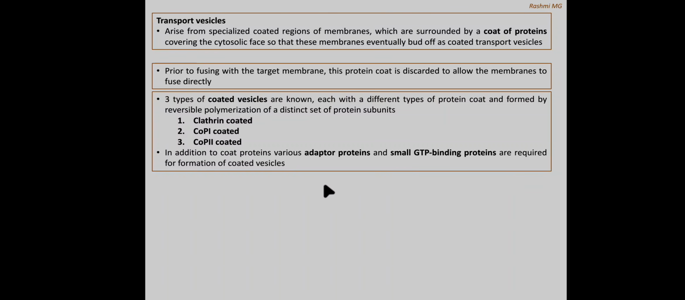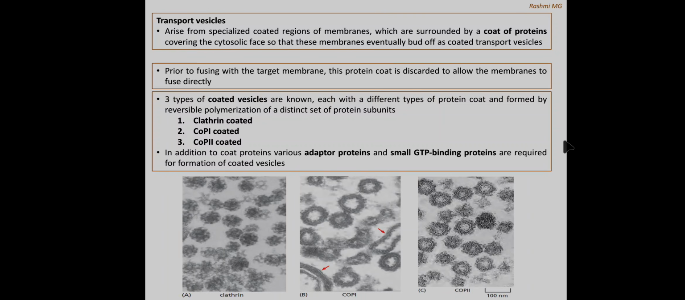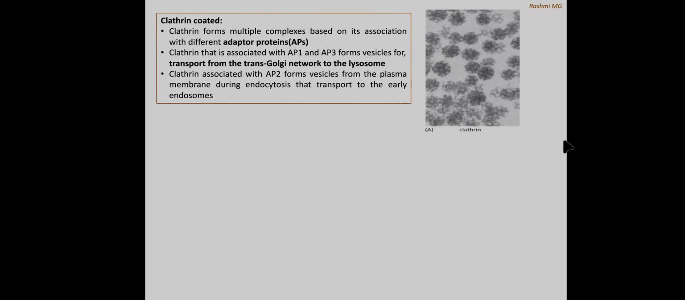In addition to coat proteins, various adapter proteins and small GTP binding proteins are required for formation of the coated vesicles. So these are the examples: clathrin, COP1, COP2 coated transport vesicles. First let us learn about clathrin coated